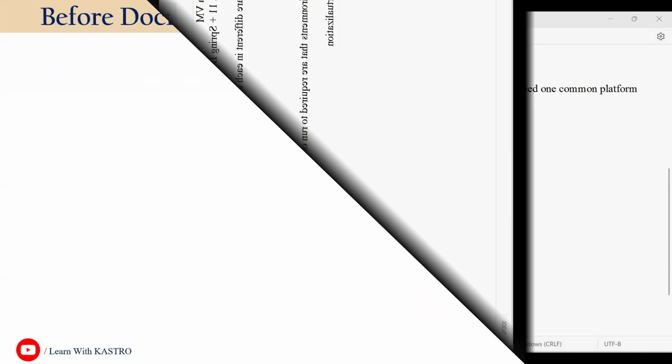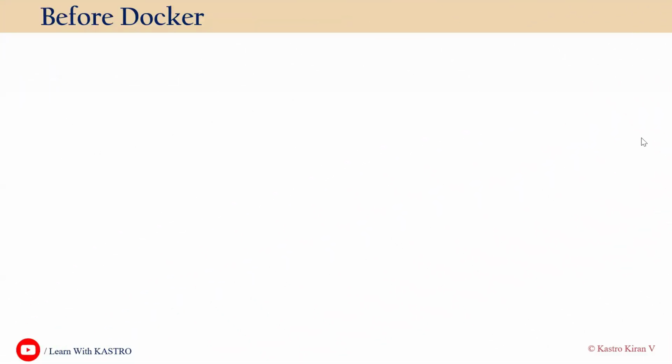I hope you now got an idea about virtualization, containerization, and bare metal, and what is the need for Docker. Actually, we did not talk anything related to the Docker. I have just said what is the need for Docker and how Docker is going to play a role in the concept of DevOps. Now, let's see how the scenario was there before Docker emerged into the IT industry.